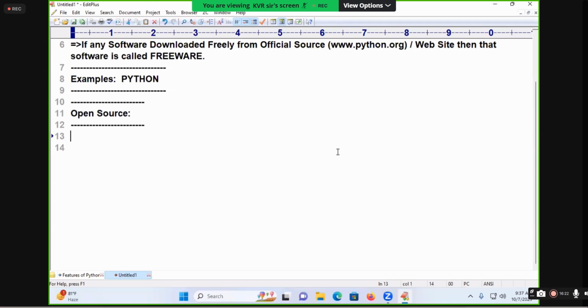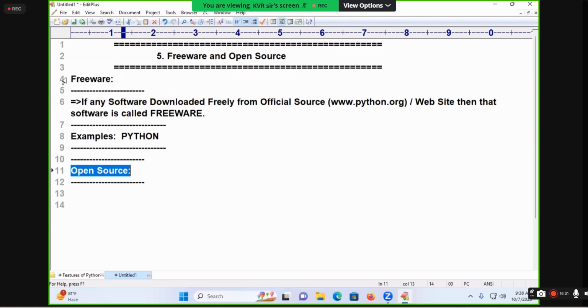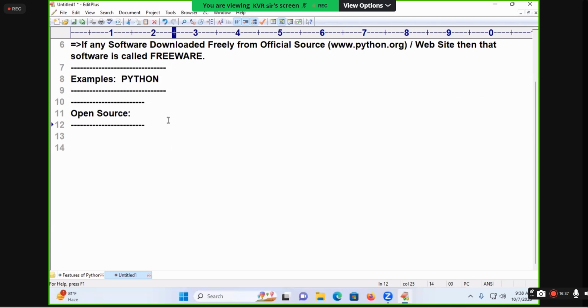If any software allows customization, we call that software what? Open source. And some people say freeware and open source are both the same. This is for general knowledge purposes, everybody must understand in the class. So what is open source? Now I am writing one important statement. After downloading the software